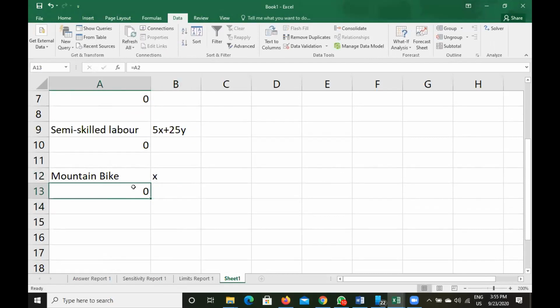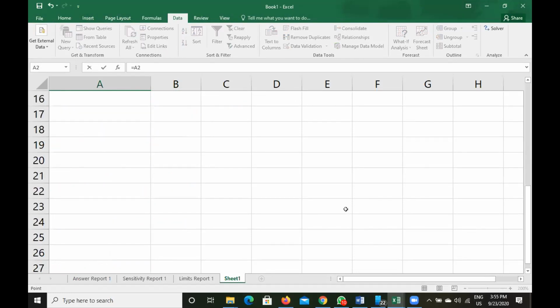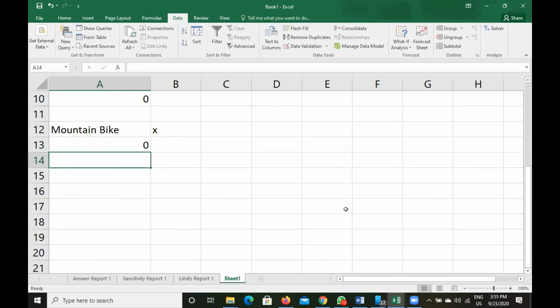I'll show you again, equal. The formula for the third constraint is only x. So we will select only x there. Enter.